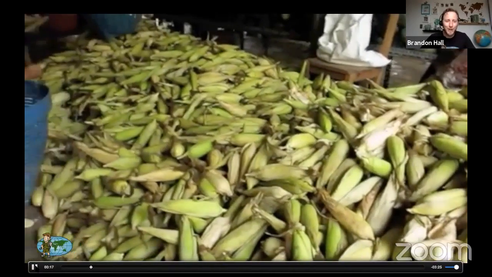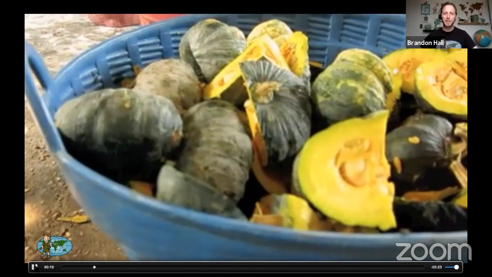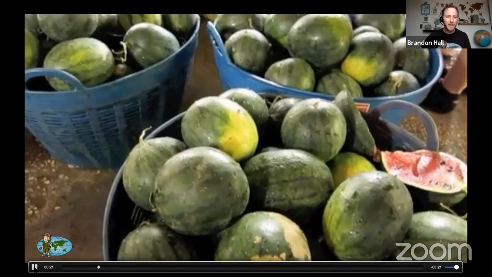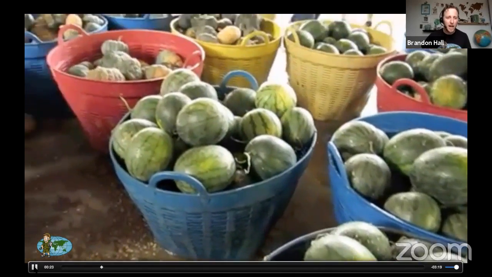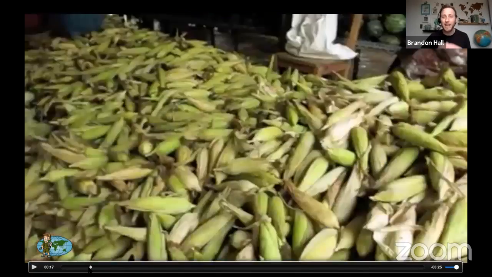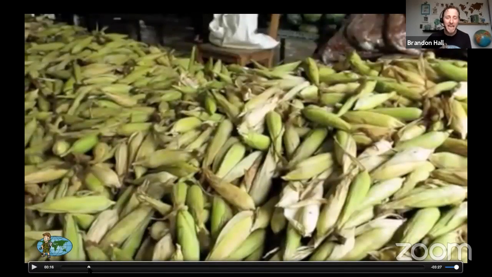So the first thing we're going to see today is the loading dock, and at the loading dock, we get to see lots of food, right? Why do they need so much food here at the Elephant Nature Park? Well, they need so much food because elephants eat up to 400 pounds of food a day. Say, what? That's right. They eat up to 400 pounds of food a day, the large ones. The smaller ones will eat around 220 or so pounds of food, but anywhere between 220 to 400 pounds of